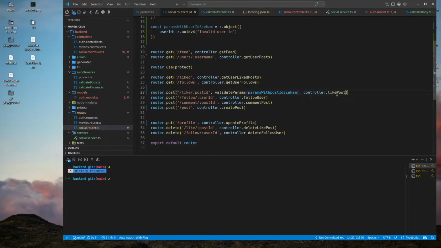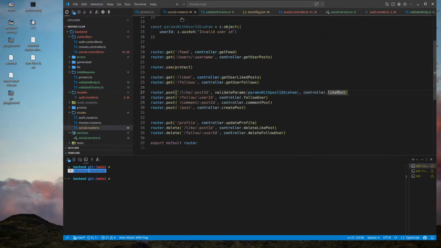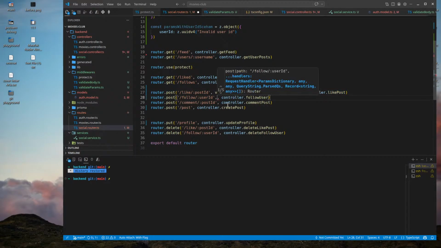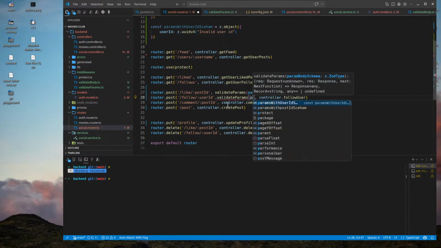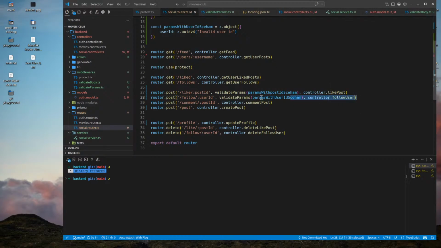So now I can go here. Okay, and I know for sure that req.params.postId exists 100%. And res.locals also, I know that it exists 100%. This is really nice. And now here we'll say validate params with user ID schema. Very beautiful.